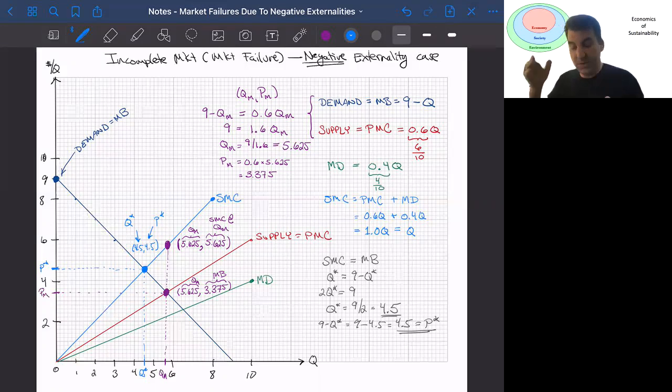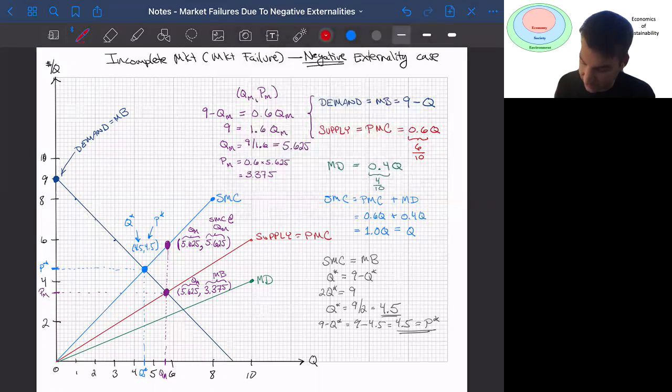Okay, so we're almost done. We've solved for all of the points we need. And actually, we will end up needing one more point that we can solve for. And that ends up being this point right down here,